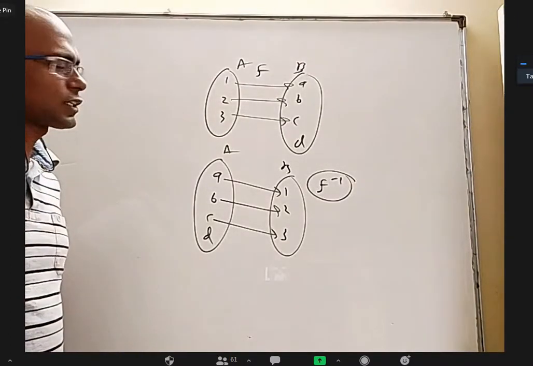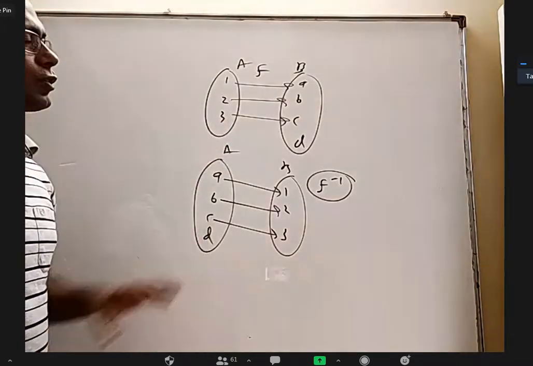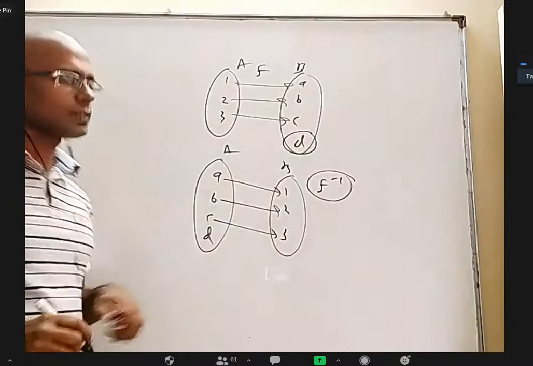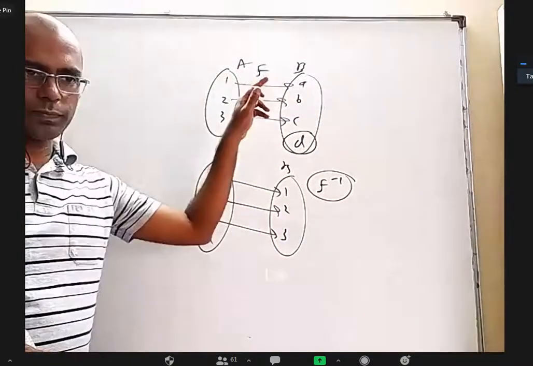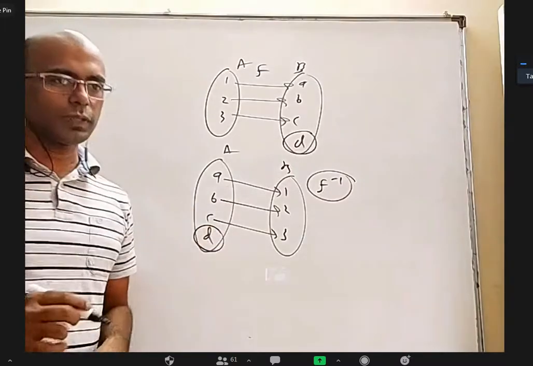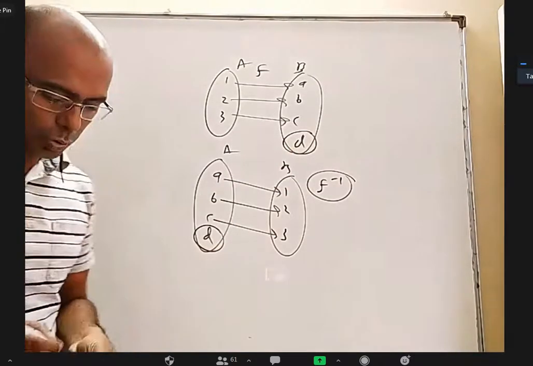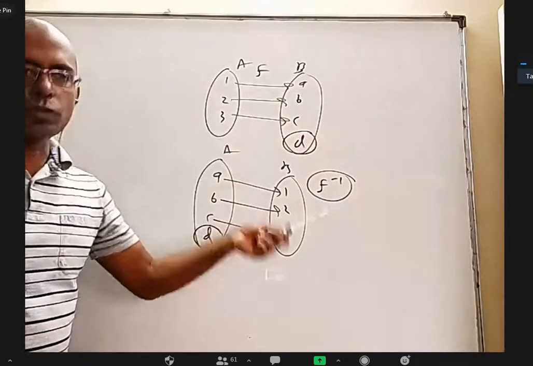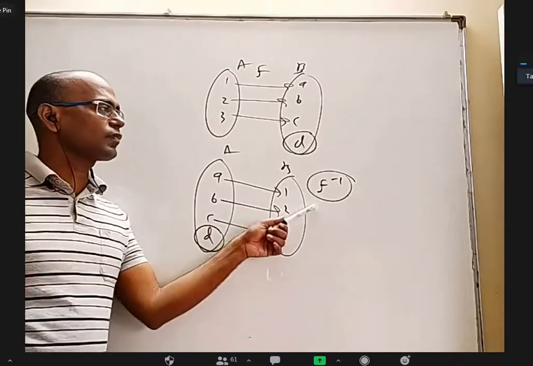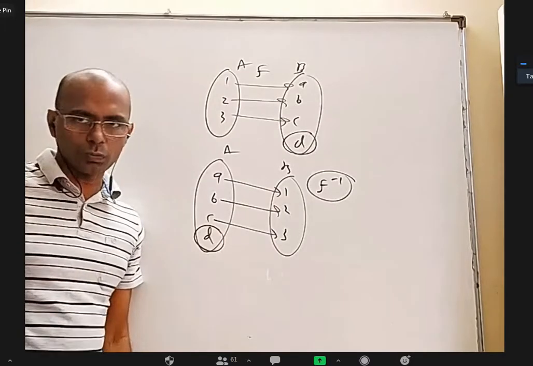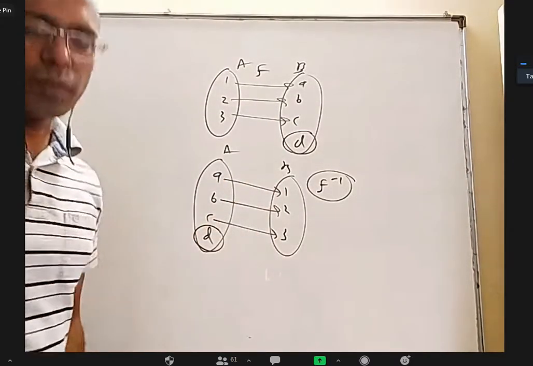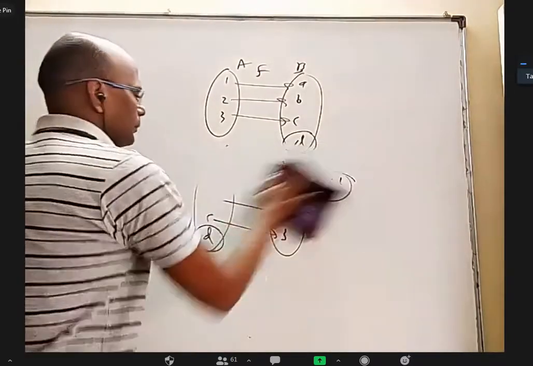Okay, we'll talk about bijection, but here what I tried to tell you is, if any extra elements are left here, there's no problem for f to be a function. But for f inverse to be a function, those elements will create a problem. So we cannot leave anything. So if f is not onto, f inverse cannot be a function. So if you want f inverse to be a function, f must be onto. We cannot leave any element here. Of course, f should be 1-1 also. I'll show you why that.